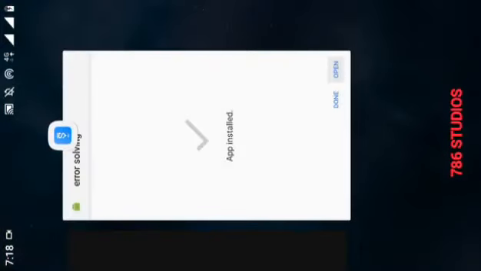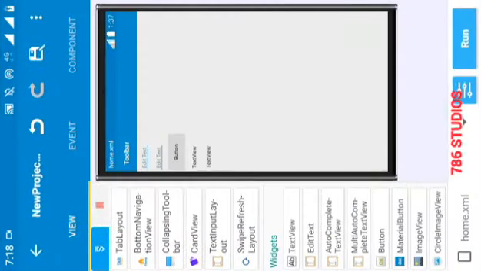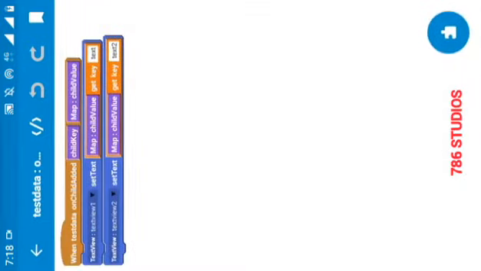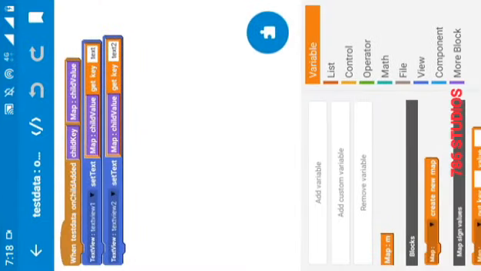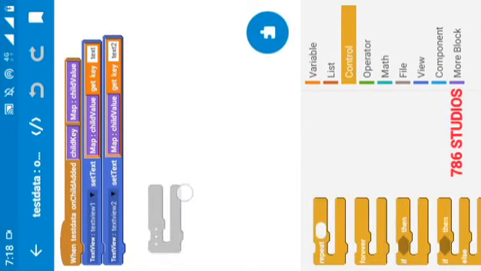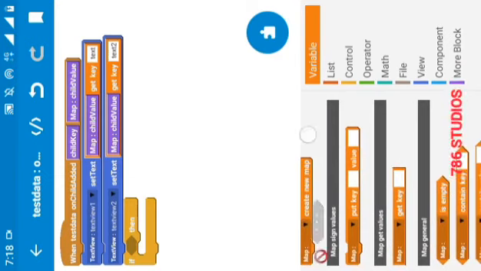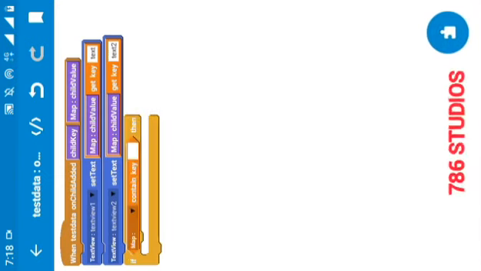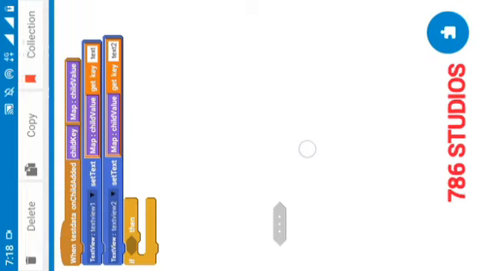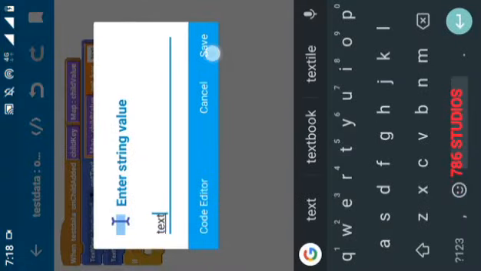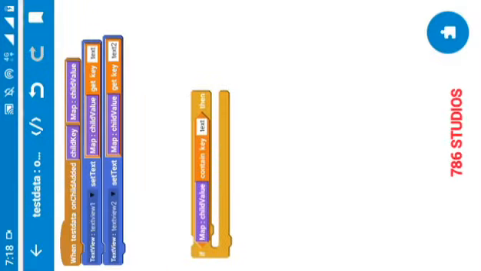Now this error happened because first time we added only text view 1 and second time we added text view 1 with text view 2. So like that, Firebase has text view 1 data, and second time it has text view 1 and text view 2 data. But here we are asking text view 1 and text view 2 data, but first time we didn't add a text view 2. So here it is asking text view 2 data, but there is no text view 2 data on the database. That's why it will get error.